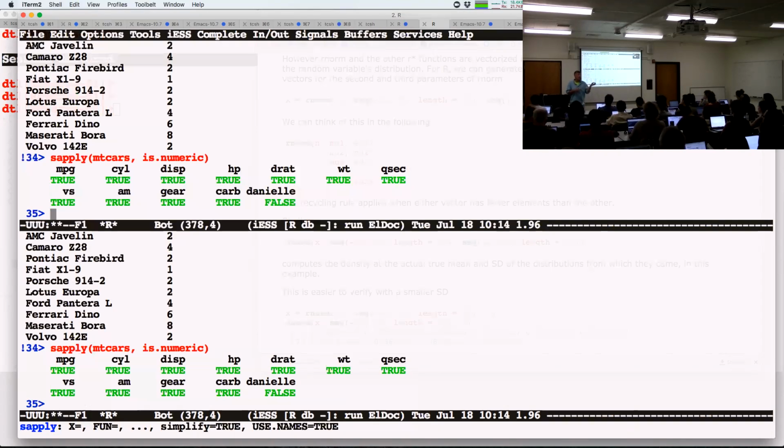There's a thing called eapply, which is for looping over the elements, not of a list, but of an environment. You rarely want to do that. There's vapply, which is very much like sapply, but it says, by the way, I'm going to tell you what the return type is for each call. And if it isn't, tell me about it, it's an error. And then there's tapply. Does anyone know what T stands for in tapply? Table apply, because we do a group by, and then we do an apply to each of the subgroups.